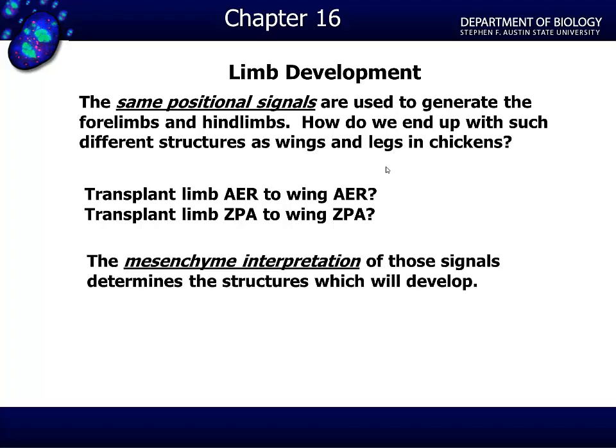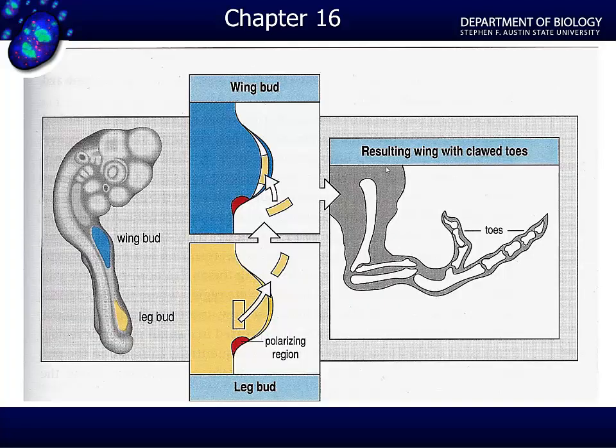When you do all these experiments, it's more than just the signals, but how the mesenchyme, and when the mesenchyme, interprets those signals that allows things to happen. So here, for instance, is a pretty powerful experiment. Here we have wing tissue and leg tissue in the chick. If we allow the mesenchyme to develop for a specific length of time, this is a fairly good size bud, and we take some of this proximal mesenchyme that's been under the influence for the longest period of time,